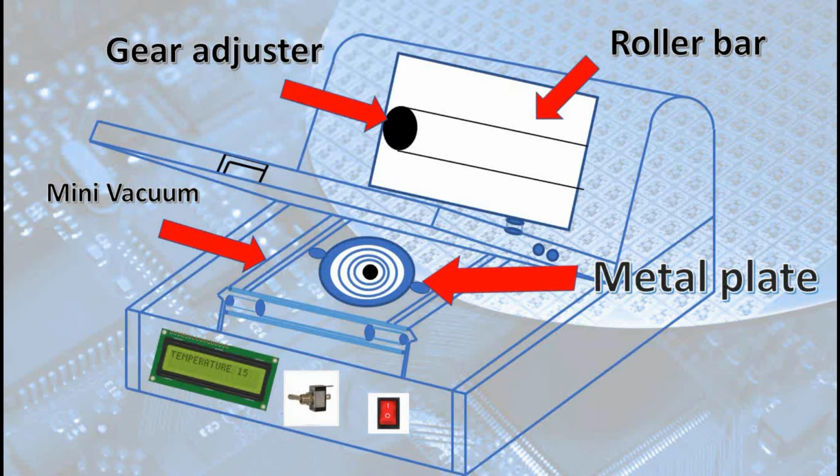This gear adjuster works by taking the measure of the radius of the wafer. For example, the wafer radius is 5, so we need to adjust it to the 5